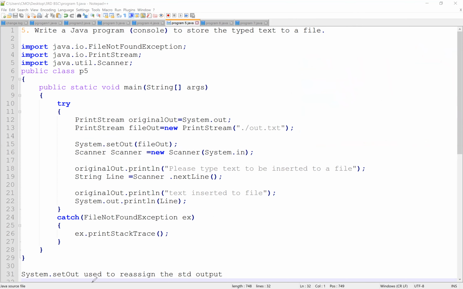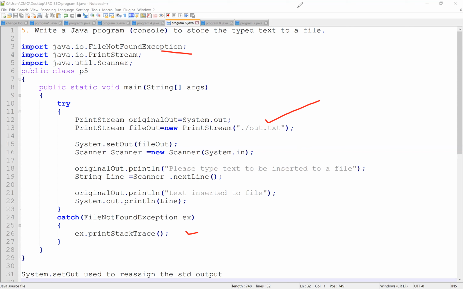After that you need to have a catch, like we had in all our programs. It should be handled if you are using a path which is not present in your system. For example, you are not having the out.txt file at all. At that time it needs to handle FileNotFoundException. For that we use try and catch. In catch, FileNotFoundException will occur. If it occurs, printStackTrace will run. This is about the 5th lab program.